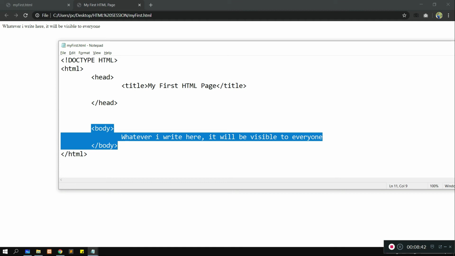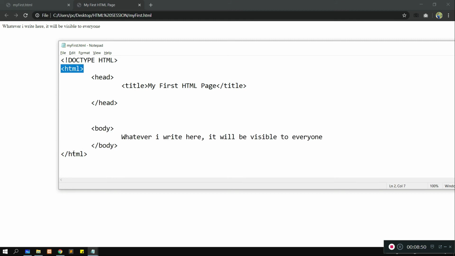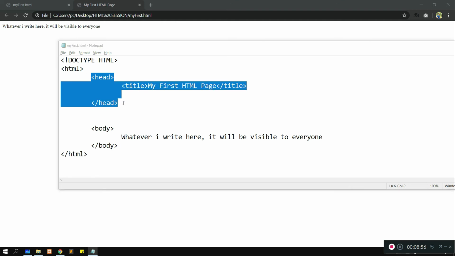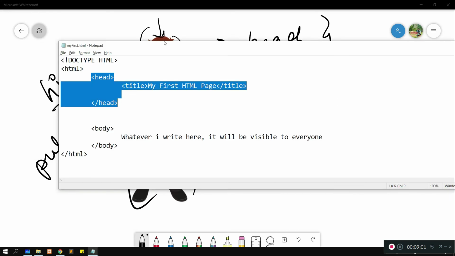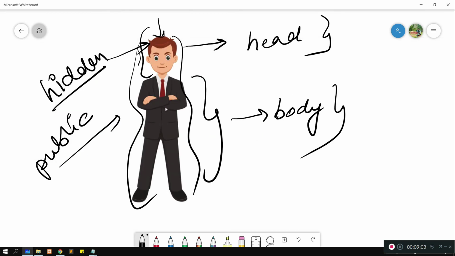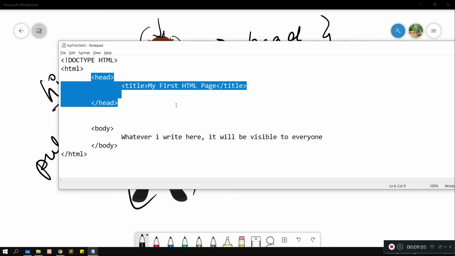Okay guys, let's revise this. So this is our opening and closing tag of HTML. Inside HTML we have a head. Compare this with a picture. So by remembering this picture, you never forget this.